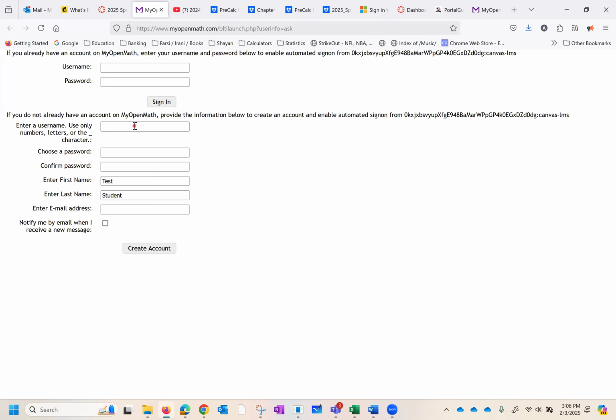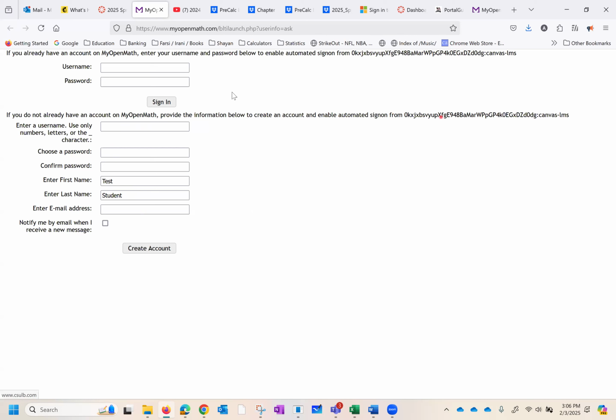You just make up a new username and password. You could use the same username as your campus or email address, or you name it. Just do it accordingly, and then you choose a password, you confirm it, you put your name, and you create an account, and it takes you to My Open Math.